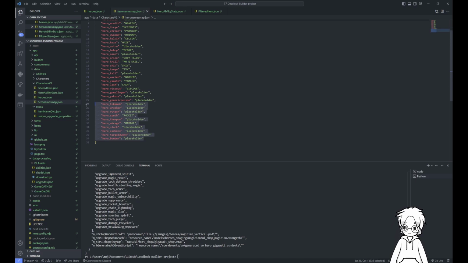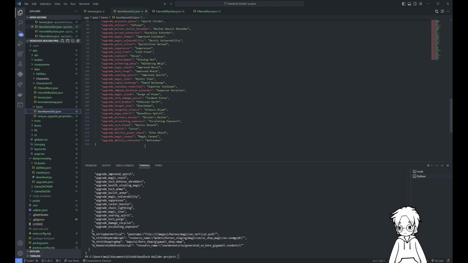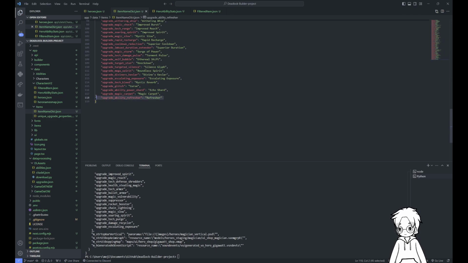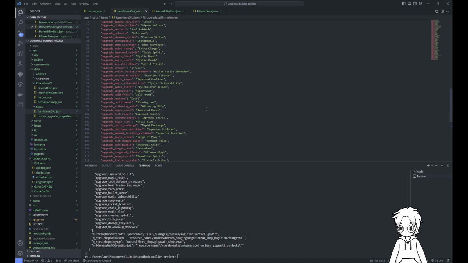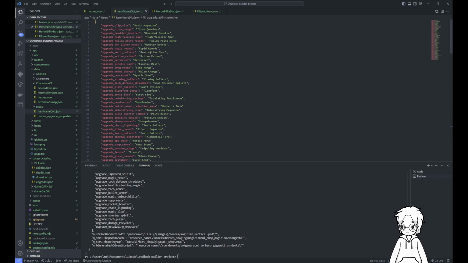The painful part is obviously as new heroes release, you have to manually update this. Whatever hero Slork is gonna be, right now it's placeholder. And the annoying thing is that this is the same with items, and that's a lot more painful because there are a lot more items. Specifically right now, as I know of, 117 probably should be the right number. Yeah, 117. And abilities, I think,